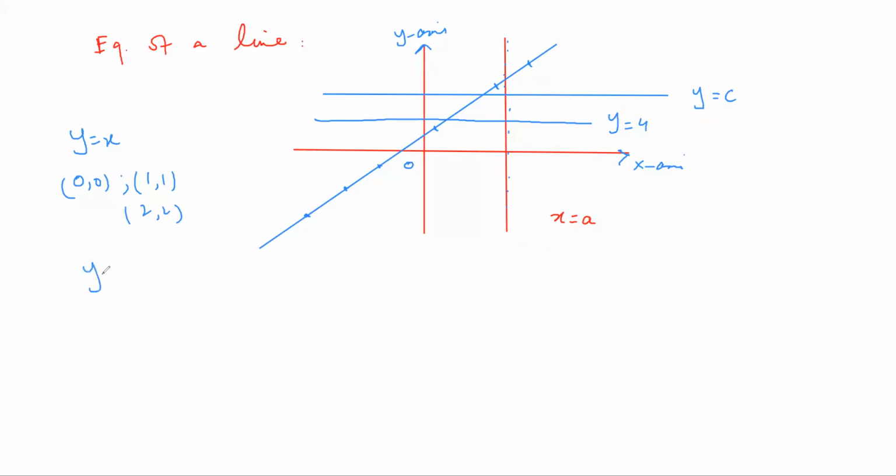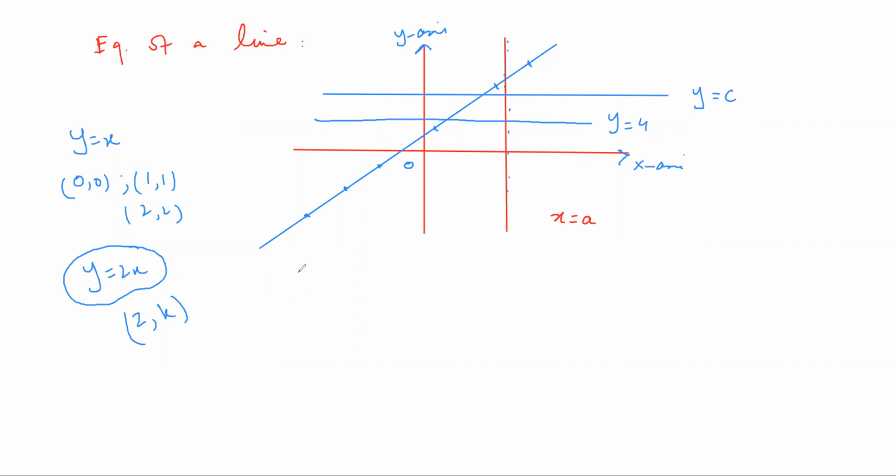Now, if there is a line Y equal to 2X, can you give different points on it? Suppose the person says, 1, 2, 2, 4. I have a point 2 comma K. So what will be the value of K here? 4. Because 2 comma K lies on this line. So you put 2 here, so this K is 4. So this equation is telling you the nature of the coordinates of the points on this line.